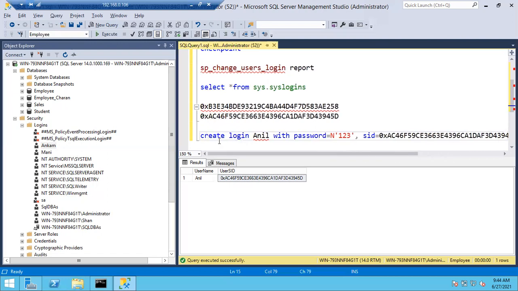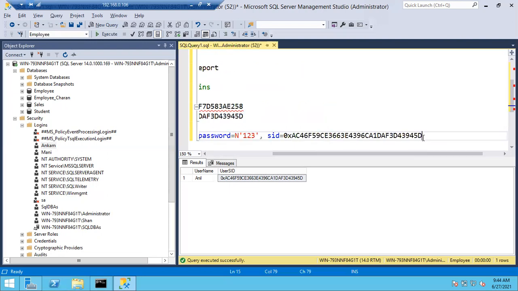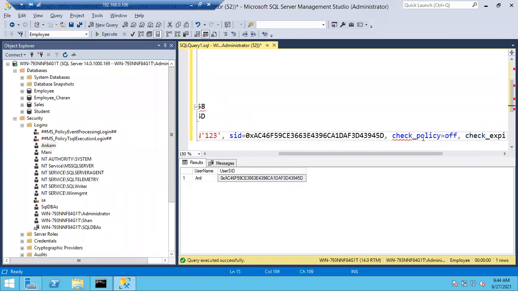Create login Anil with password equal to 123, SID, check_policy equal to off, check_expiration equal to off.